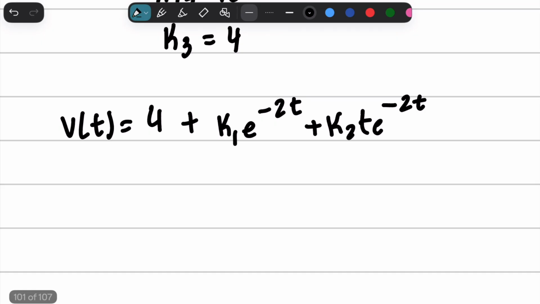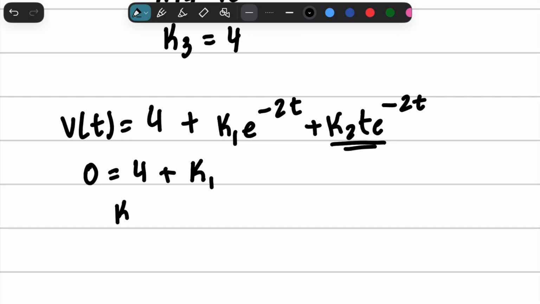We can actually solve for K1 right here, because when we plug in 0, this term cancels out. So we're going to get 0 is equal to 4 plus K1,